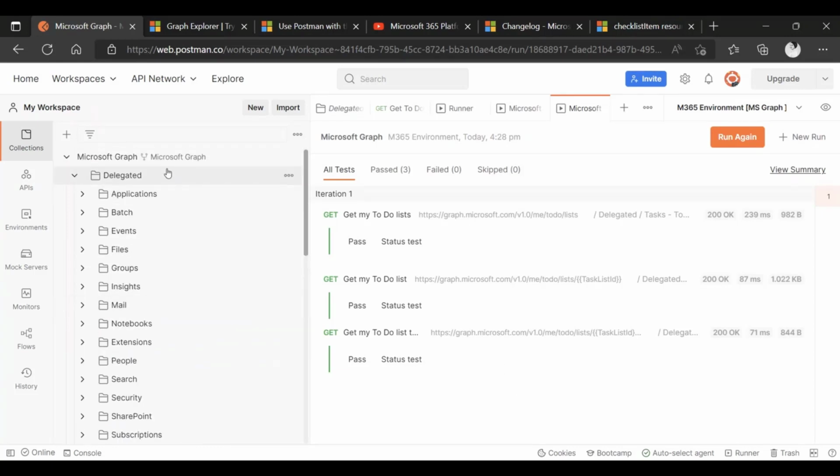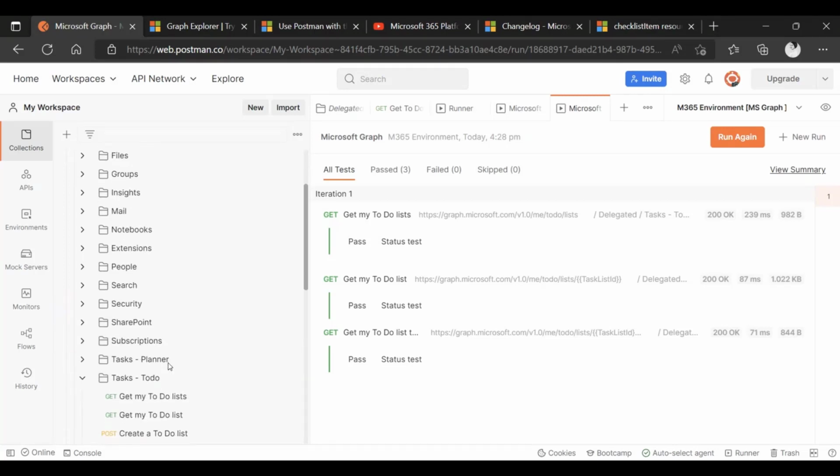Now, again, this is really nice, and there is everything from Microsoft Graph, and it's really organized in a nice way. But maybe you want something that is more tailored to your needs or more scenario-based. Maybe you want to run something that is a mix, like something related to a user, but also related to teams.